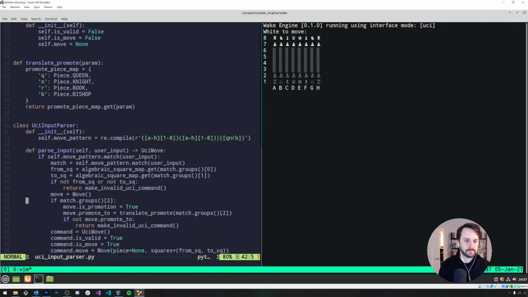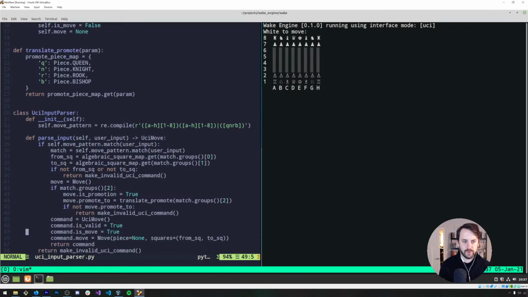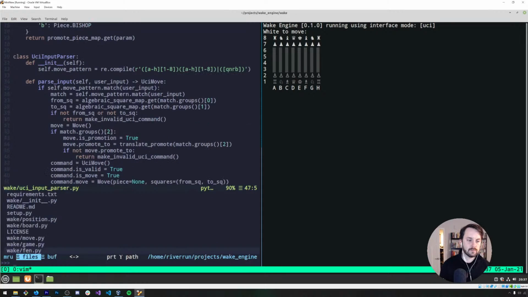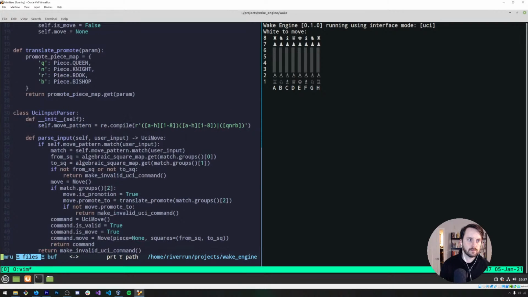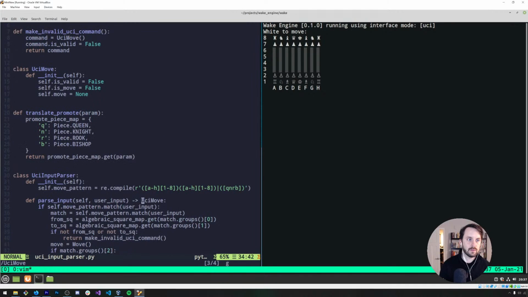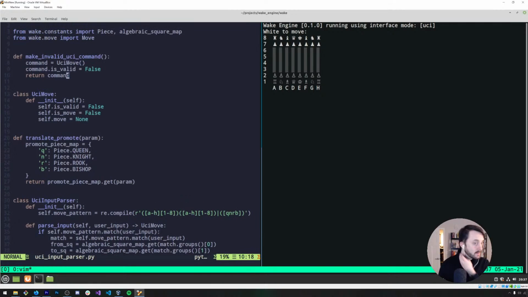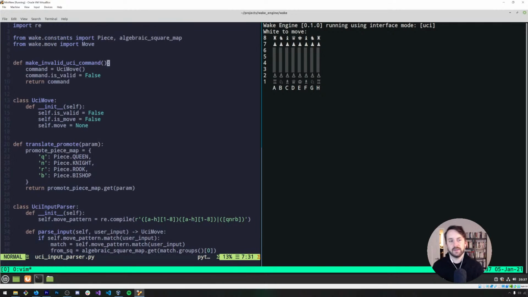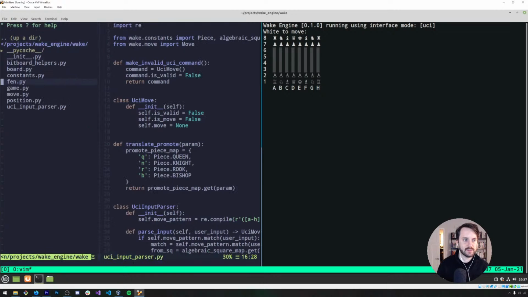Okay, anyway, we parse the move and we actually return a command, which is a new instance of a UCI move, which is just a DTO, which has whether or not it's valid, if it is a move, and the move itself. Let's head back into game.